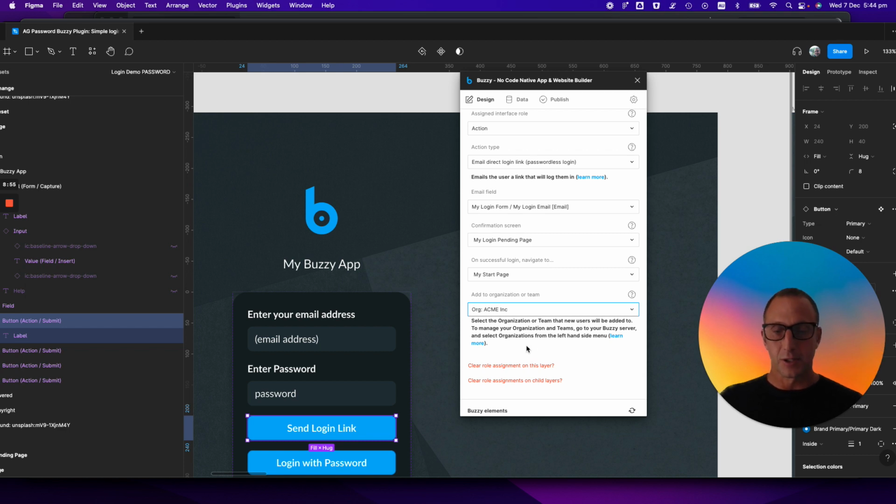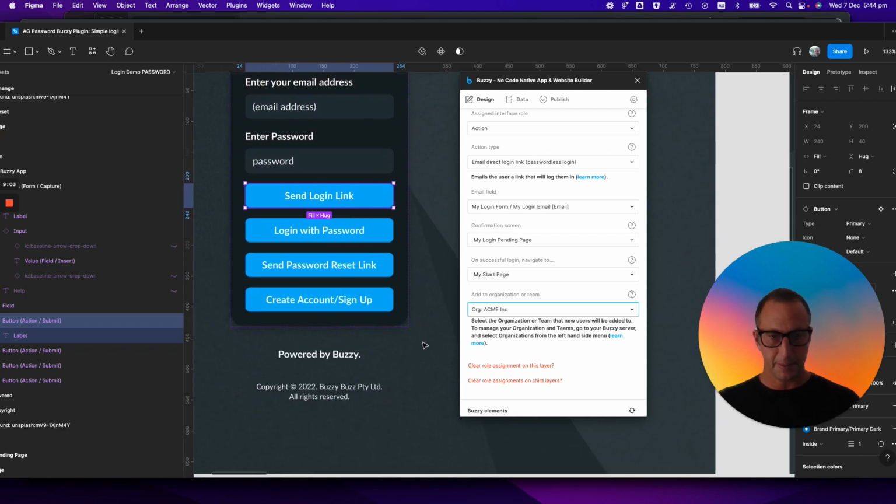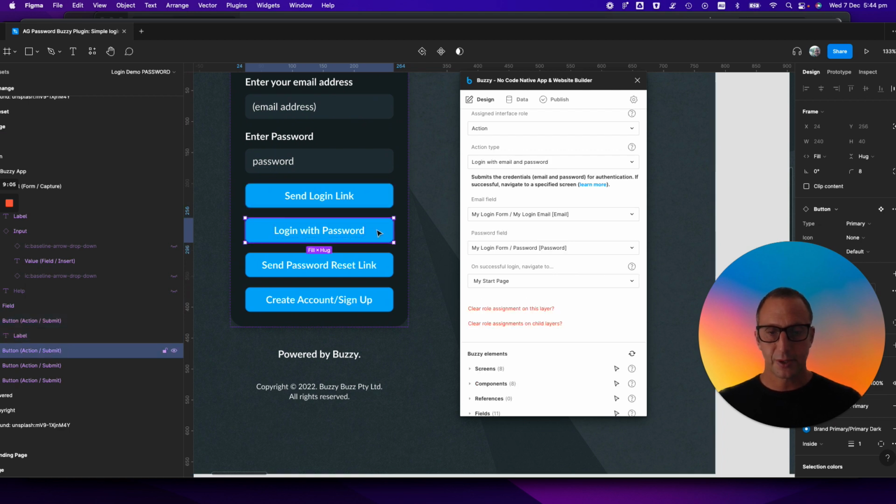Organization. So that's just an important part of the process. I'll skip through. So that's sending a passwordless link. I'll skip through some of the other examples. They're very similar. You can log in with a password, and again, you're setting an extra parameter, which is